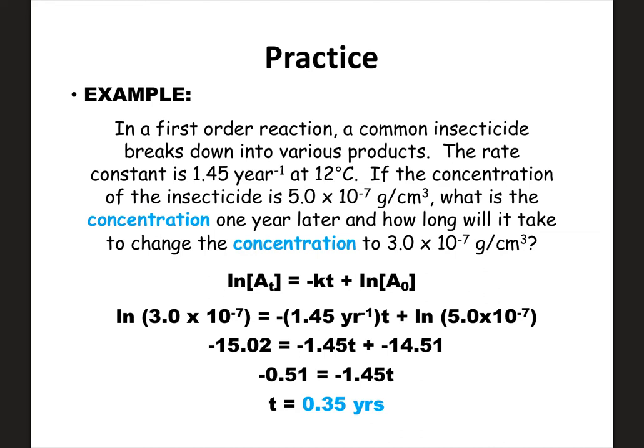Divide both sides by the negative 1.45 and solve for t. Watch your sig figs and realize your units are going to be based on the rate constant. So it would take about 0.35 years in order to get the concentration to this point. All right, so again, pay attention to the order, use the correct equation, plug in, solve, and watch your units